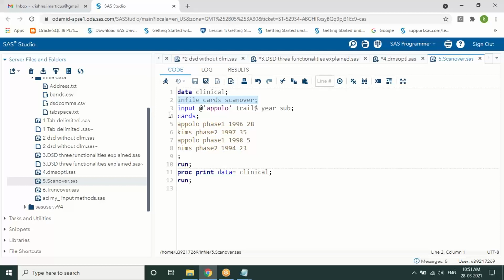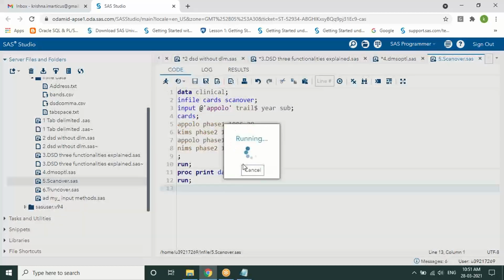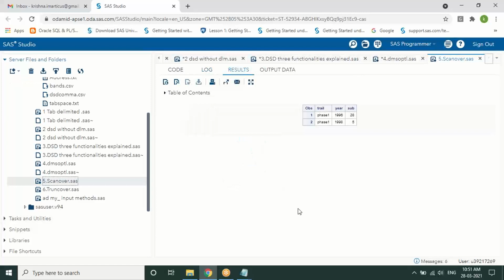As you can see, I specified Apollo. So it is searching for that particular keyword and gives you the result for the next of the values for data comparison. If you just execute it, you can see the Apollo word is scanned and whatever values come after that are displayed, so that you can make a comparison between the values. So that is the scan over option.